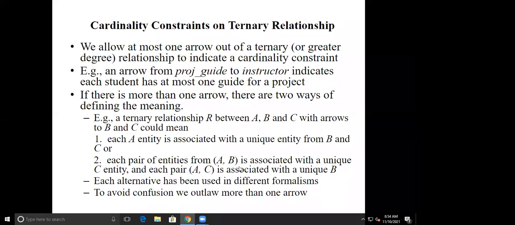Okay, and then each pair of the entities A, B is associated with a unique C entity, and each pair A and C